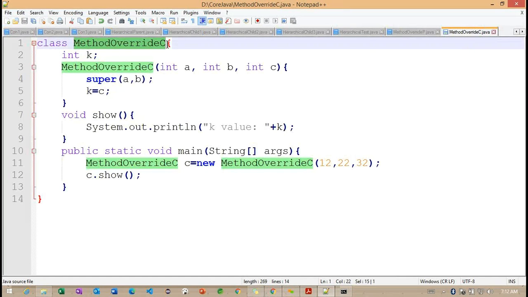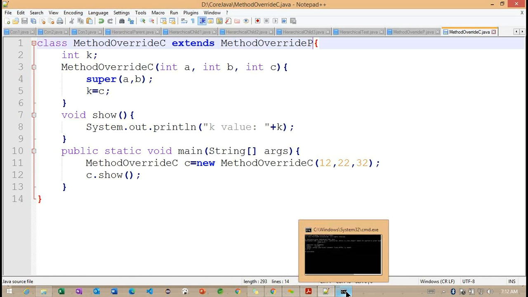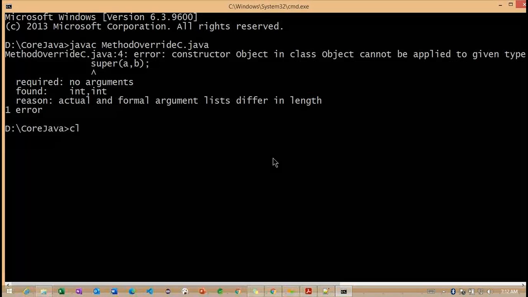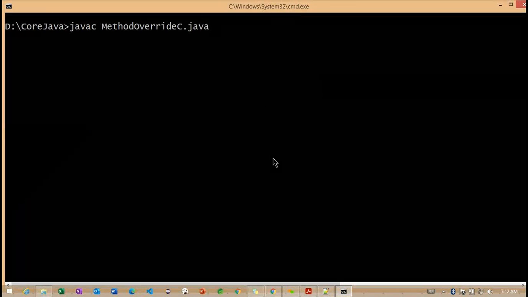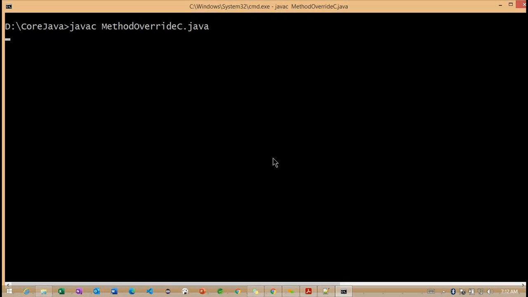Okay, so here we did not extend it. Let me save this particular class. I forgot to extend this particular parent class here. Okay, now clear the console and compile one more time. Now you can observe it's compiled successfully.